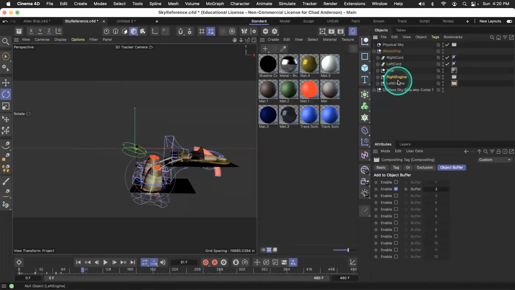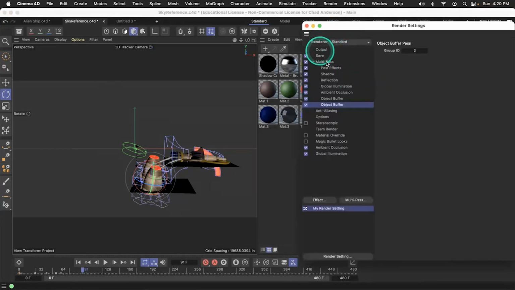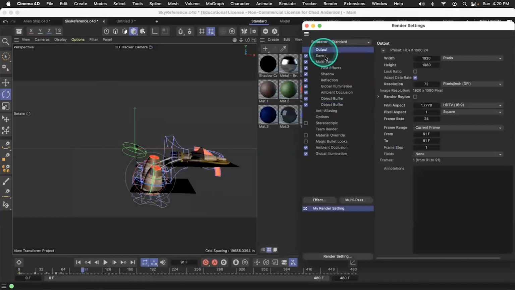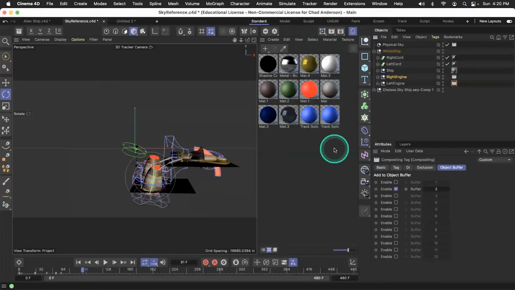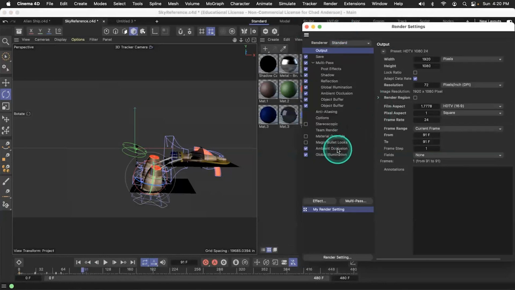Okay, this will get complicated. So we're going to render this out with all these passes. Let's just render out one frame. I don't feel like rendering out too much. Yeah, current frame. Cool. We're going to render this at standard, and we're going to say deep breath. Okay, it asks us a question. Do we want to render this out